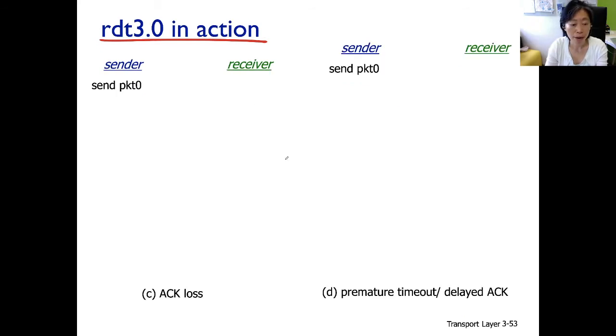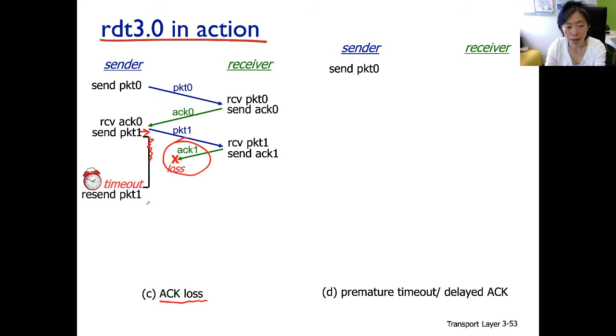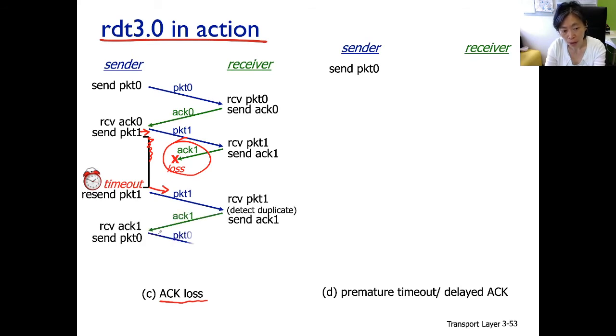And the third scenario is the ACK loss case. So packet 0 gets out, ACK 0 comes back. Packet 1 goes, and ACK 1 gets lost. What's going to happen there is the timer for packet 1 is going to tick and tick and tick until, what? Expiration. So this is going to trigger packet 1 being resent, and finally ACK 1 gets received, and data